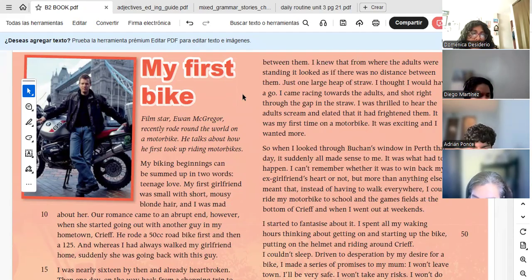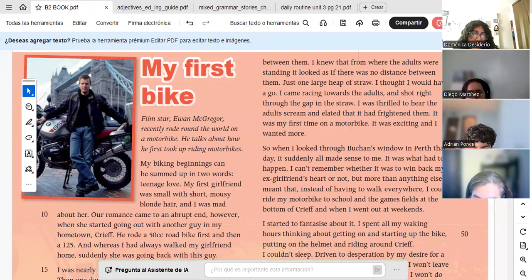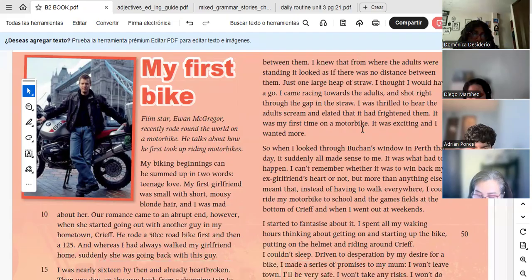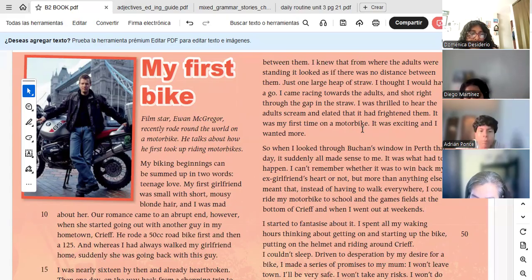I thought I would have a go. I came racing towards the adult. I shot right through the gap in the straw. I was thrilled to hear the adult scream and a late... freedom. Oh, complicated pronunciation, this. Yes. Then